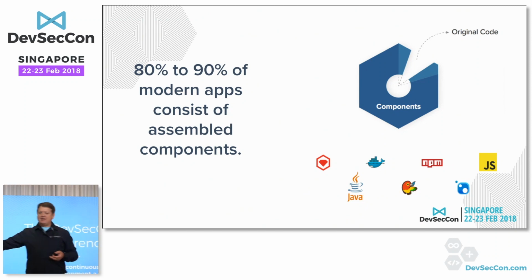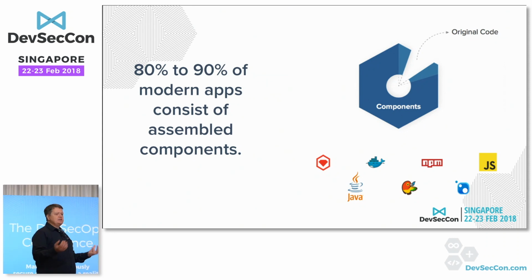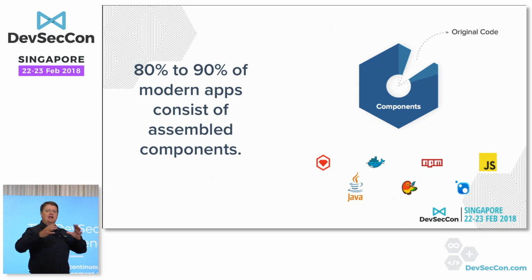Java, JavaScript, NPM, Bower, .NET, Docker. All of these things are open source, and they're all being used to write software. But we don't actually have control over it. And that's the change in the DevSecOps world. When you're a security expert, you actually don't realize that the developers are doing this to you. Or you might, but most developers don't tell people what they're doing.